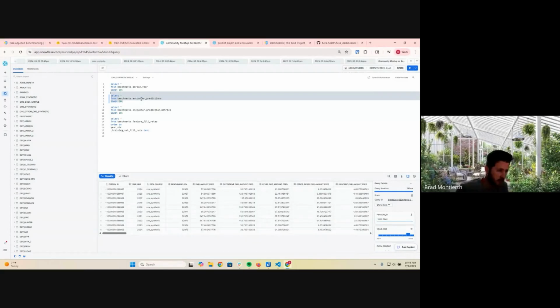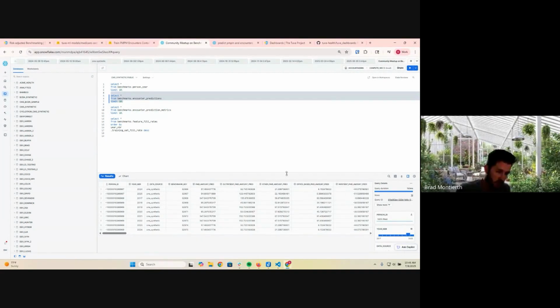So these were written to the encounter predictions table. This table, you'll notice, is at the same grain as was input into the model. So one row per person per year. But now instead of having columns for each of the features that were potentially used in the model, we have the predictions as columns. So here's our overall paid amount prediction.